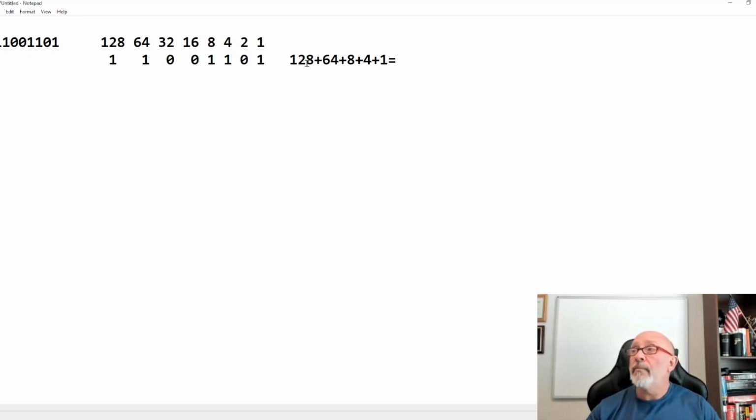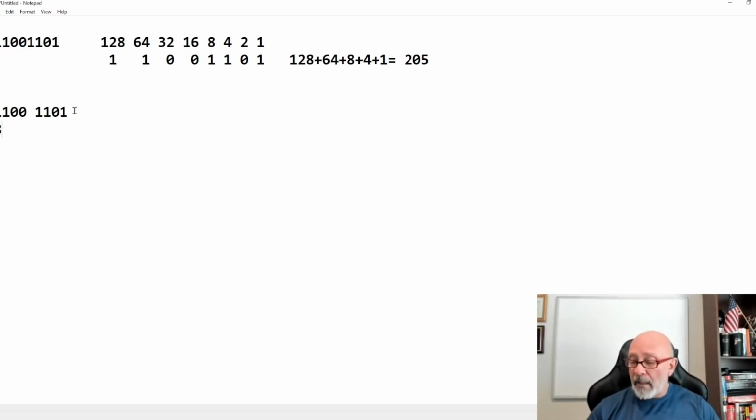That equals, again, I know that these two right here, that's 192. And I'll show you why I know that. All right, 192. So 192 plus 8, it's 200. Plus 4 is 204. And 1 is 205. There you go. That is the decimal to this binary. The hex to this is pretty simple because all you got to do is just separate them into two parts.